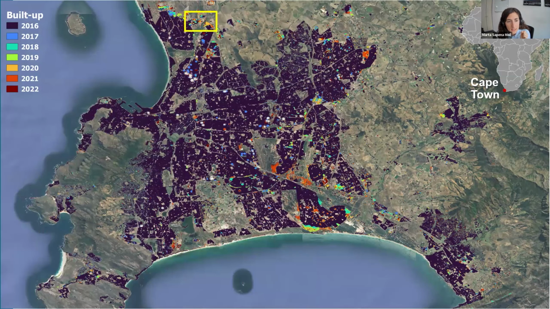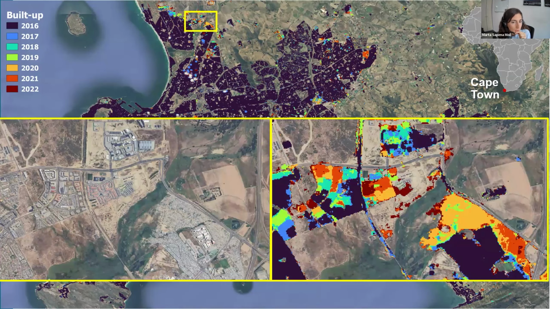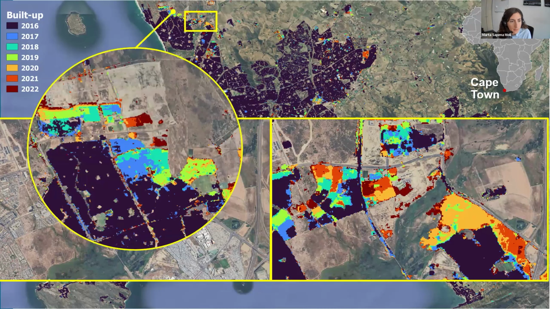Then we have other areas in the city, in the north of the city, that developed quite fast. And here you have an example. On the left, we have an area that developed quite formally with very structured morphologies, and we can even see different periods of years where this development took place. But also in this area on the right, on the south, it's again this kind of dense development, and we can also see that it took place mainly in 2020 or 2021. There is also another example in the north, where we also saw very organized development, and it can also be detected by the tool.